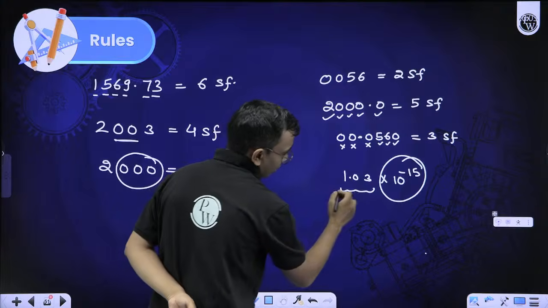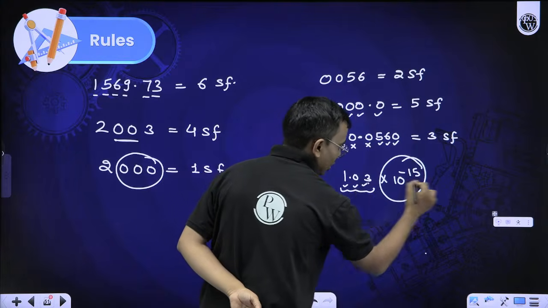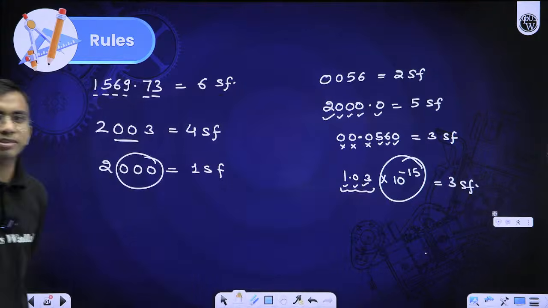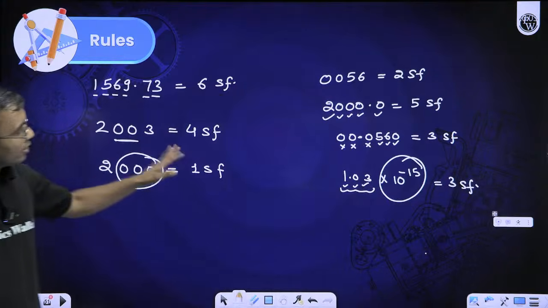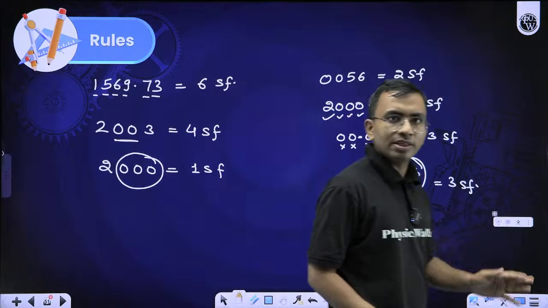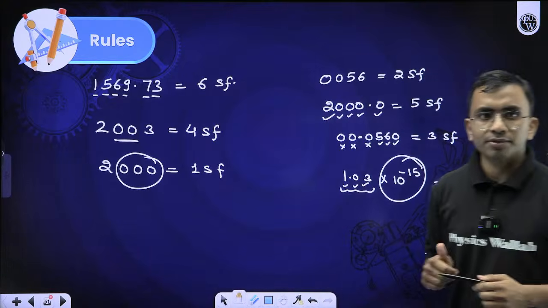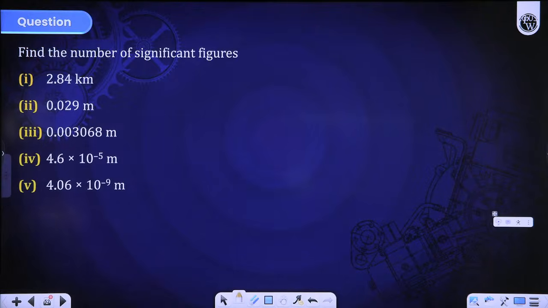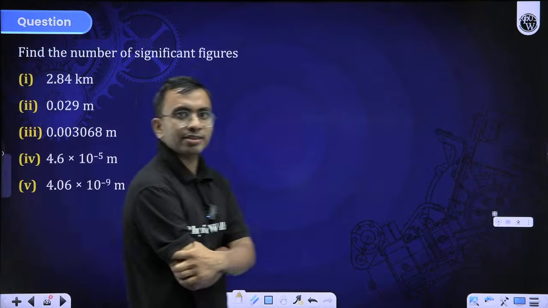How many significant digits are there? 1, 2, 3. So there are 3 significant figures. That's all. These are the rules which you can remember with these examples. Clear? Okay, guys. Next question is